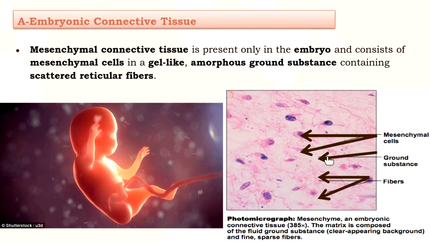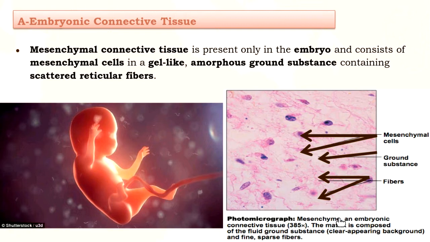The empty appearing area is the ground substance and very thin appearing are the fibers because it is in the developing stage. The embryo is still in the developing stage, so the tissue is also immature and you can see it is very light staining and in a very early budding stage. That is why here the mesenchymal cells are immature. You can see clearly the ground substance is very light and fibers are also very thin. As the age advances and as the maturity increases, it will pick up more dye and stain dark. So this is the embryonic connective tissue.